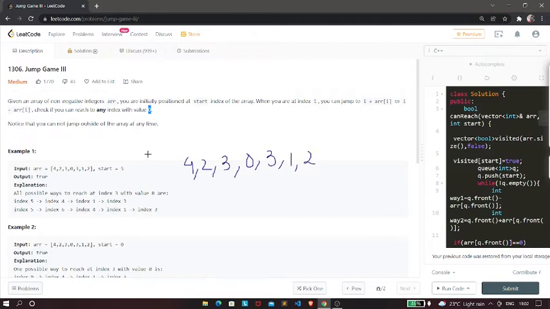These are the elements that this array contains. The starting index is 5. If you write the indices, this is index 0, this is index 1, index 2, index 3, index 4, this is 5, and this is 6.